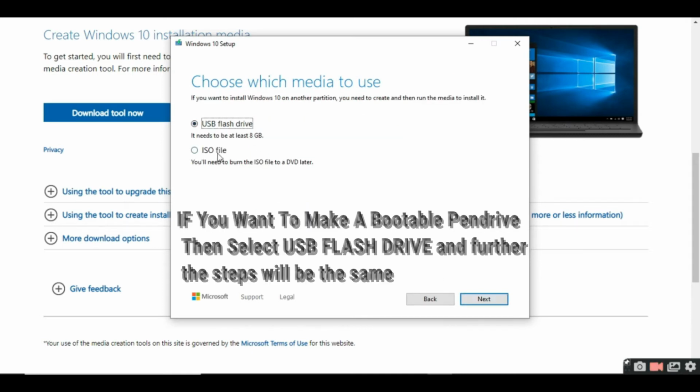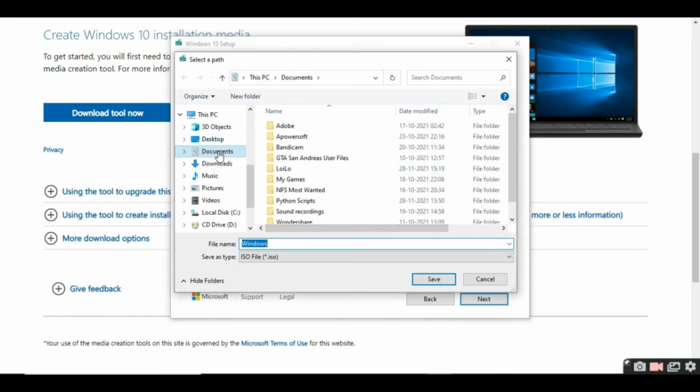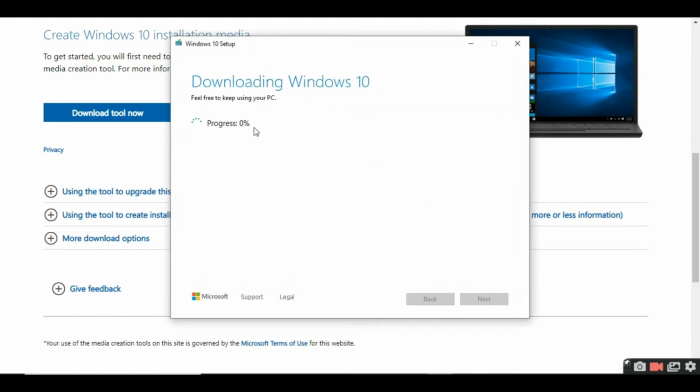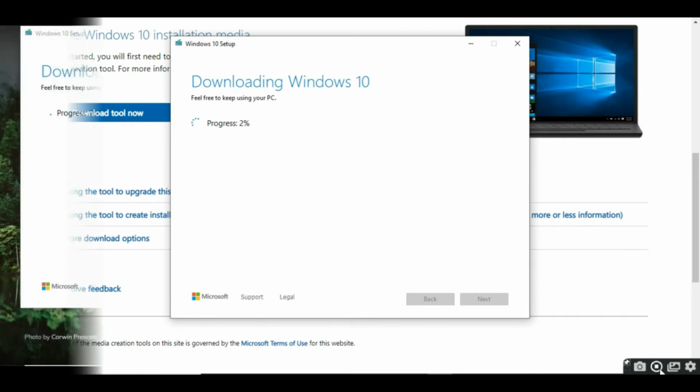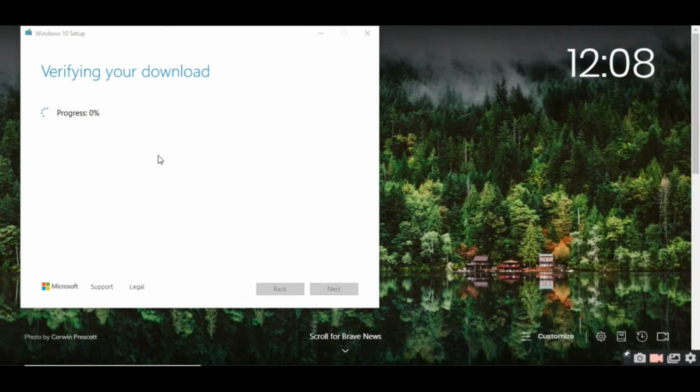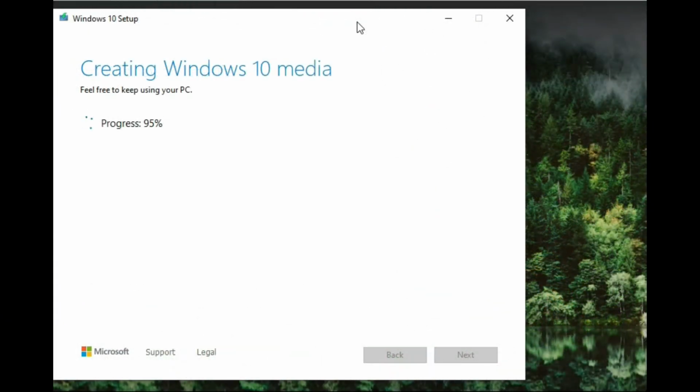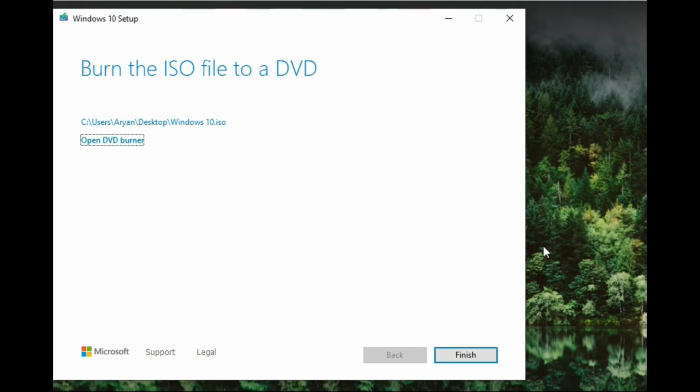And now I will select ISO file because for now I will be making a bootable DVD, and I will select the location and save. It will take time to get downloaded, and after the download is completed, we will